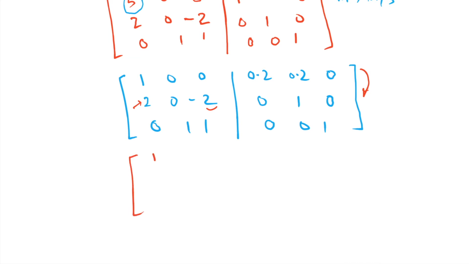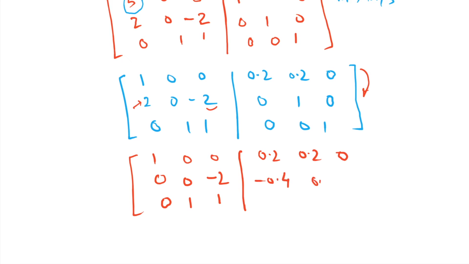to get, so the first row remains intact, we do not change it, so it's 1 0 0, and now the second row will become 0 0 minus 2. All right, and this would remain the same, so 0 1 1. And on the right side now you will have 0.2 0.2 0, and then minus 0.4 0.6 0, and then 0 0 1. Okay,